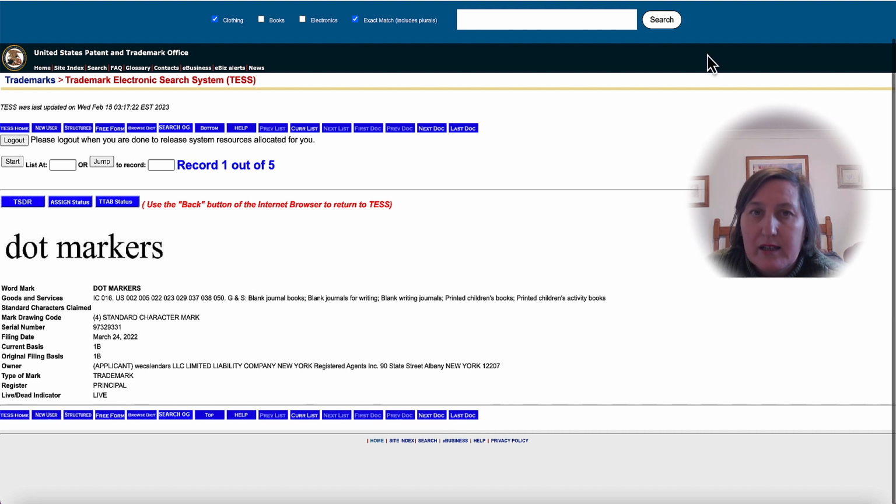So, dot markers activity book. Well, in fact, you just go dot marker activity book. It's not the same, is it? So if your KDP account has been terminated or anything like that with regards to trademark infringement, and it might be because of dot markers, I would contact KDP and say they're overreaching because this has not even been applied for yet, because that does happen. So just check on those things.